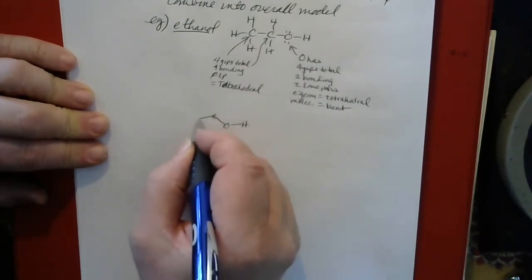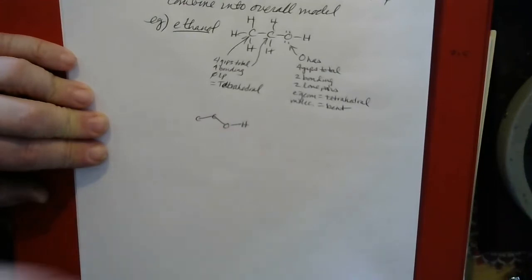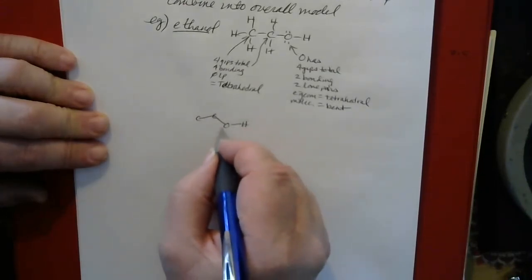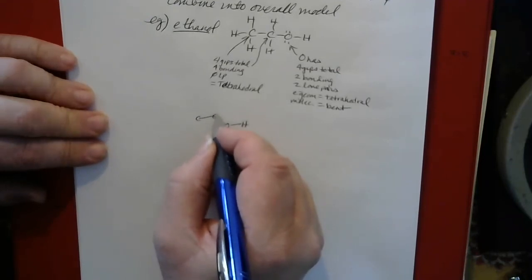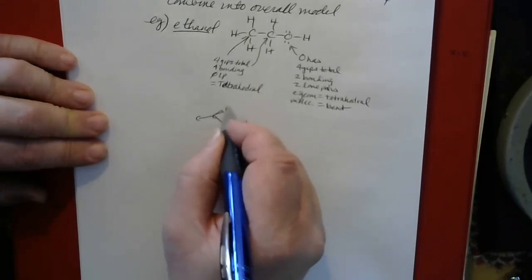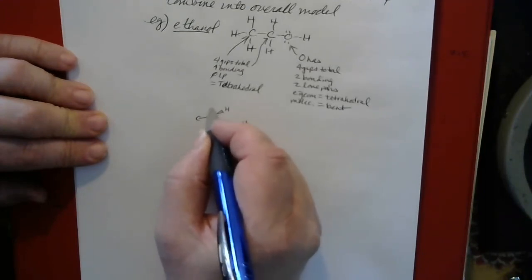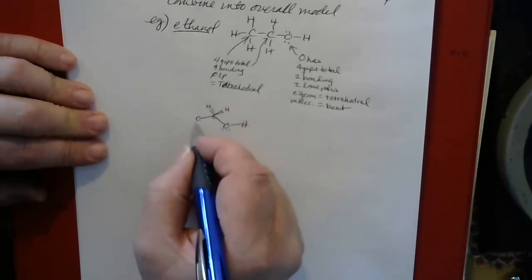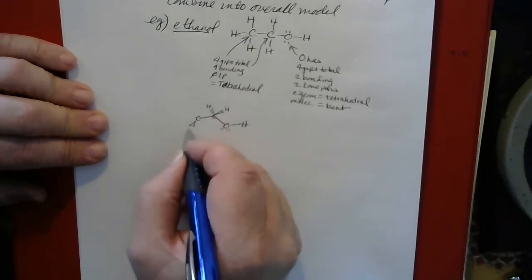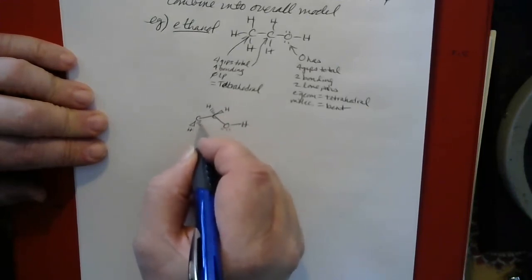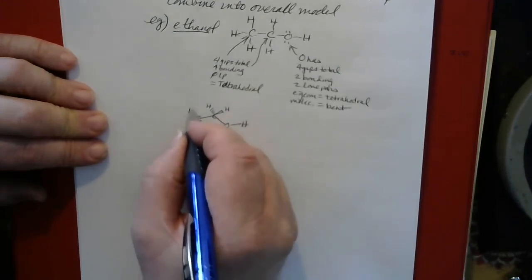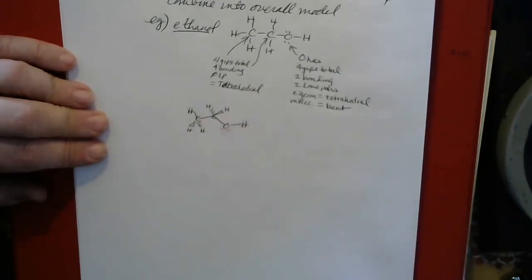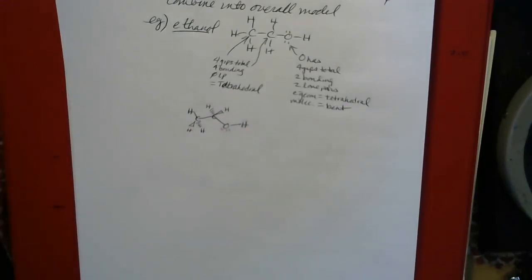Okay, so here's a carbon, and we know that the carbons have to be tetrahedral, so we might have a hydrogen coming out like this, and one going back in like this, and here we'd have one maybe coming out like this, and one going back in like that, and one in the plane. So it'd end up looking maybe something like that. And if you give me a moment, I will build a model and we can